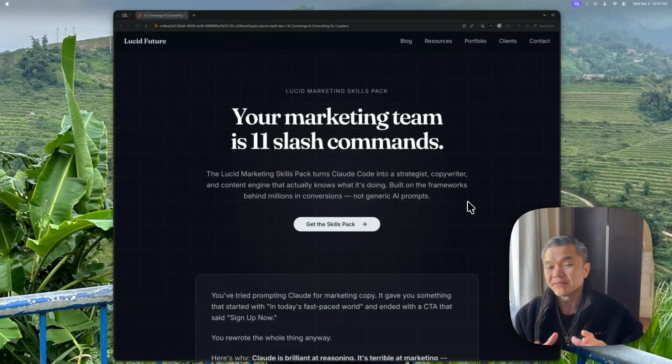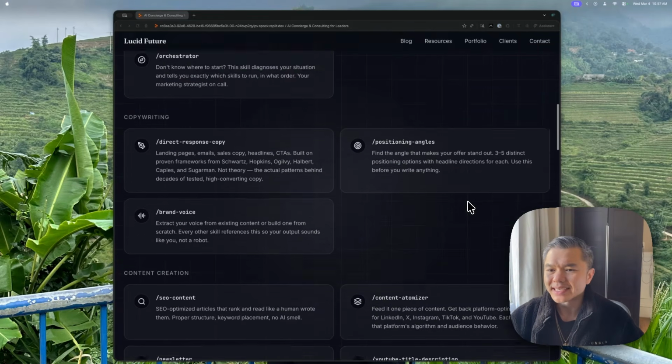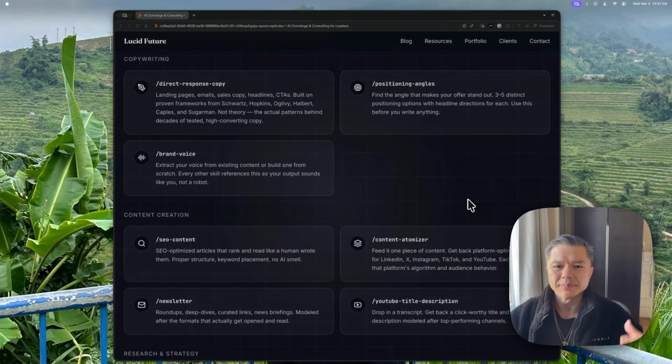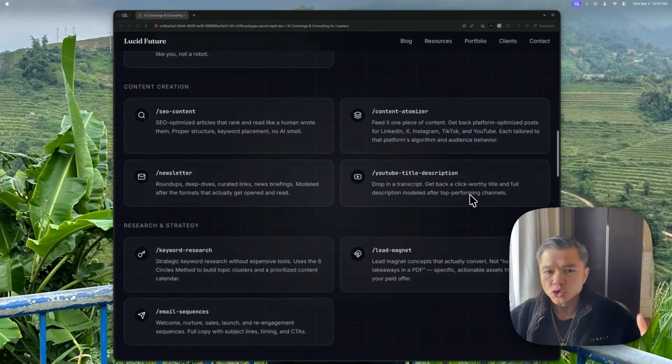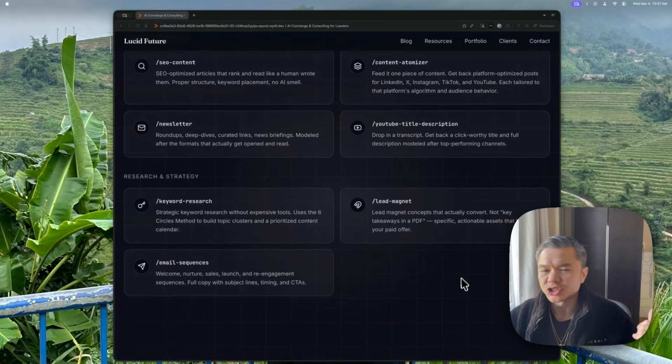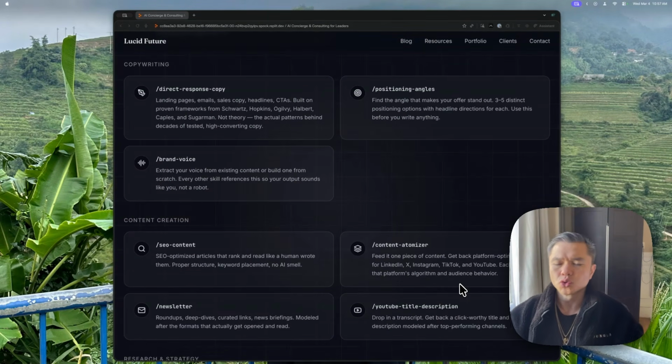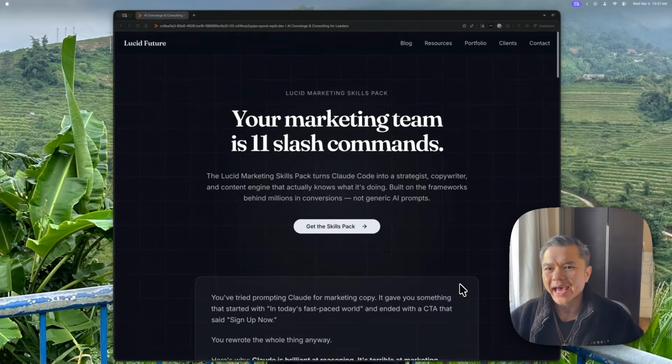I actually took my 11 best skills, wrapped them up, and made them available to you. It's things like direct response copy, positioning angles, newsletter content writer, lead magnet generator. These are all tools you can use to create the highest quality content with the least amount of effort possible. You can check this out at